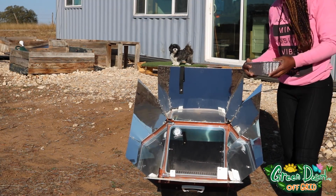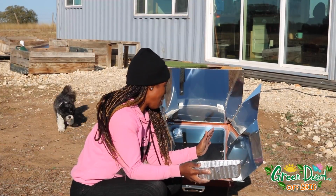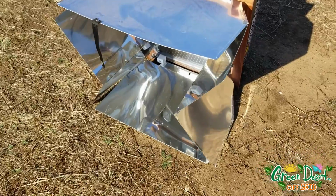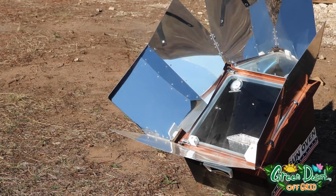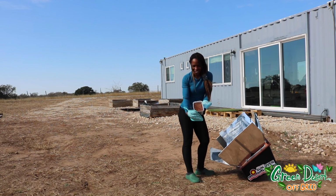Making banana bread. It looks nice out, but it's 39 degrees right now, and the wind is really, really strong. Even with all of this wind and cold weather, the temperature in the oven got as warm as 250 degrees. That was warm enough to cook our banana bread in less than 3 hours. Burned myself, but